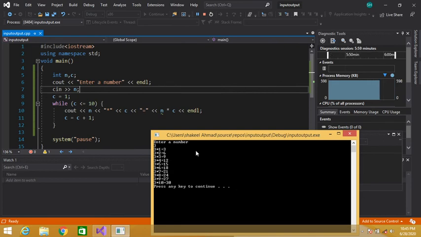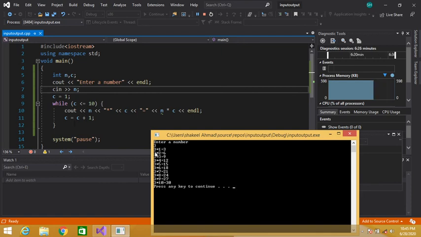Very simple logic. As we know, we can calculate the table of any number by simply multiplying that number with 1, 2, 3, 4, 5. So I have made a simple logic. I am simply multiplying a fixed number, that is n. We are not incrementing n. Why?